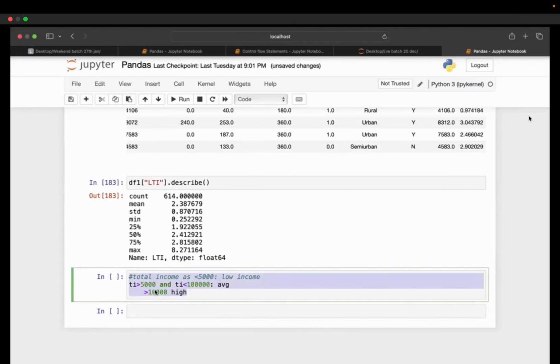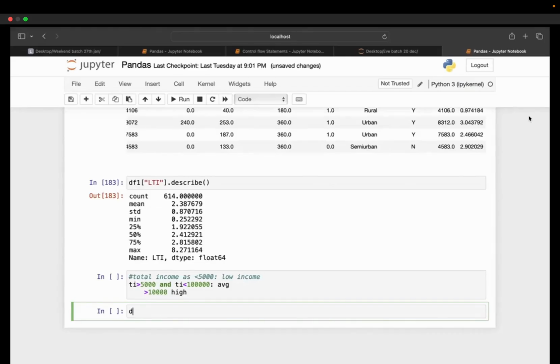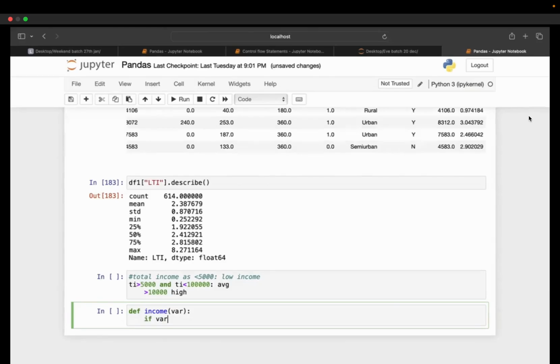Let's do that. I'm defining one function, with def, income group. Income is the name of my function. Now I'm passing one parameter, let's say VAR. Now I'm checking the condition: if VAR is less than 5,000,